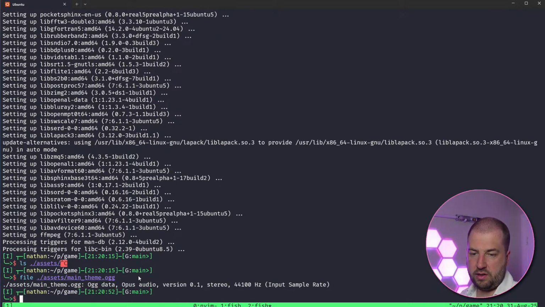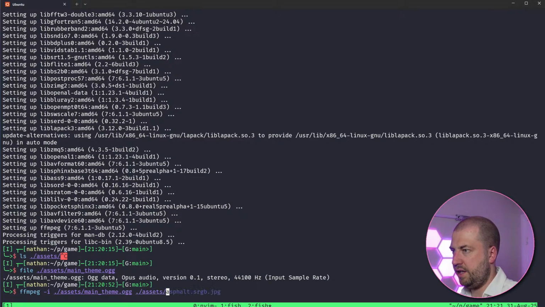So we think it's ffmpeg, assets main theme, and then just do assets main theme dot wav.